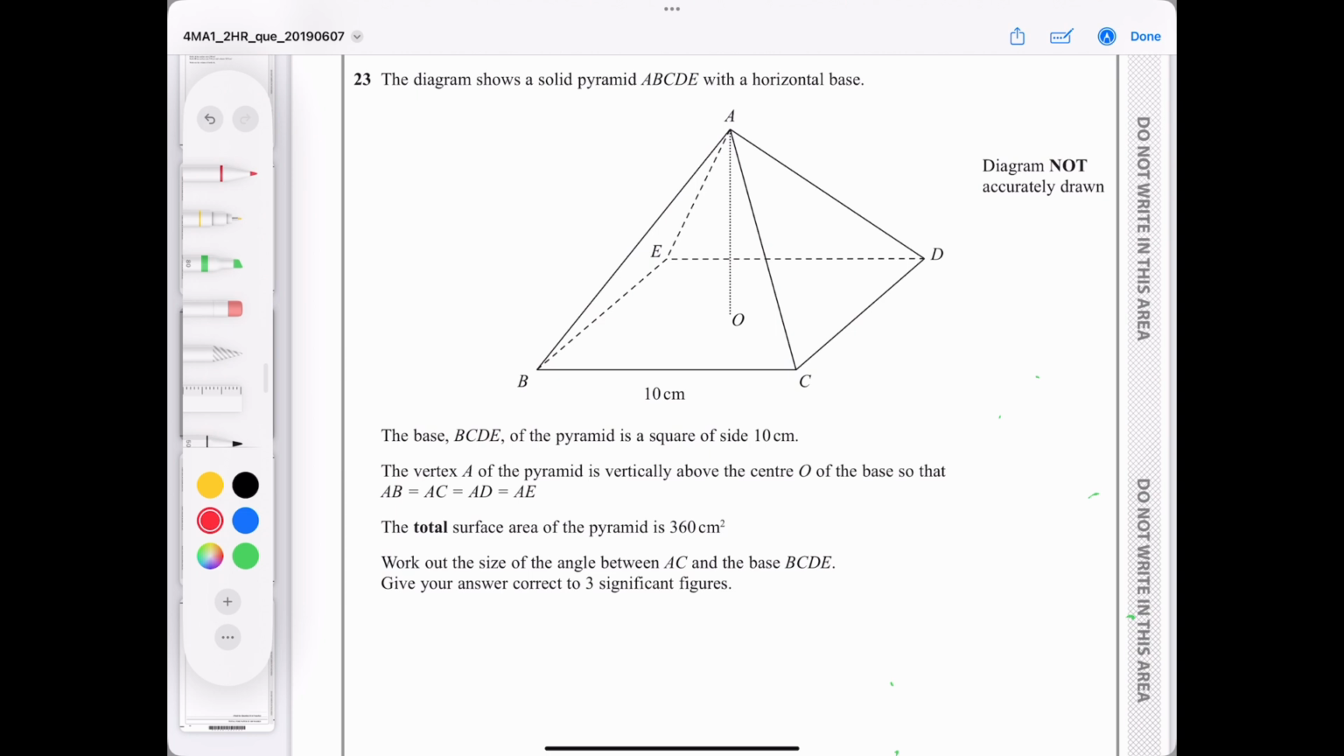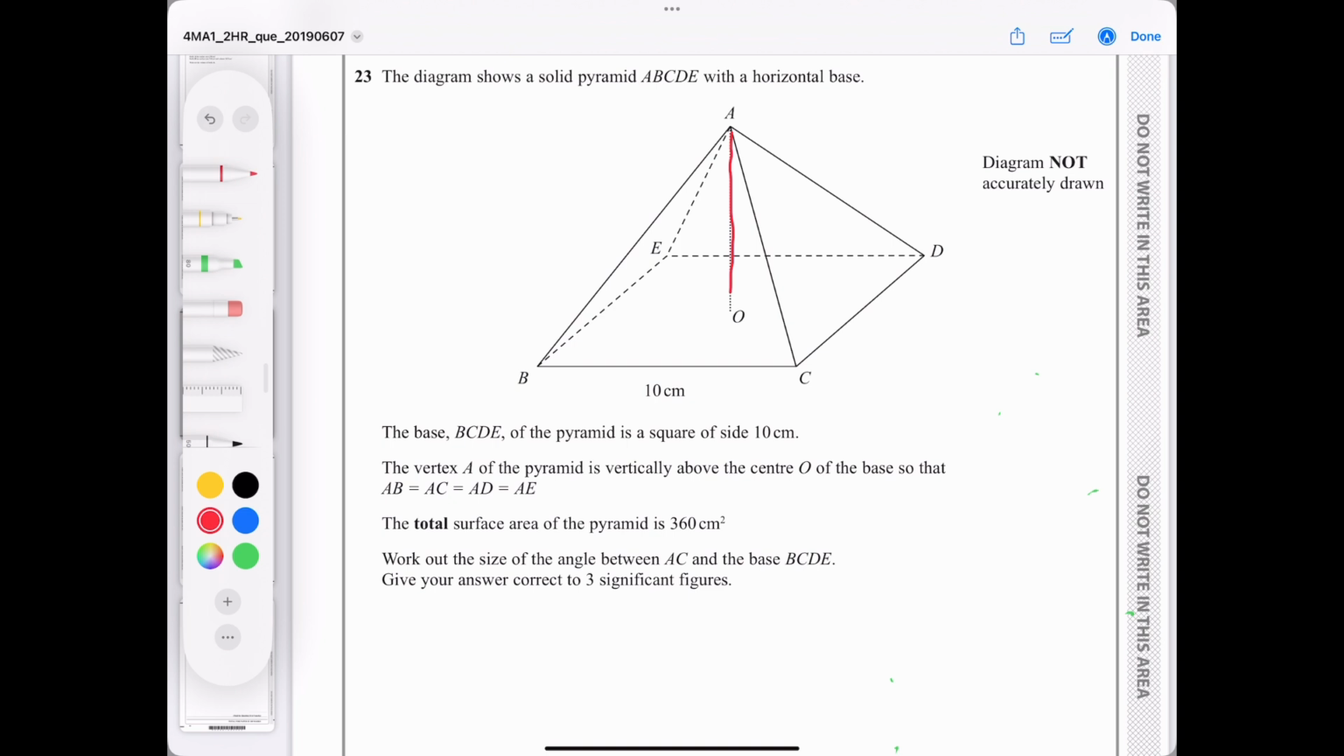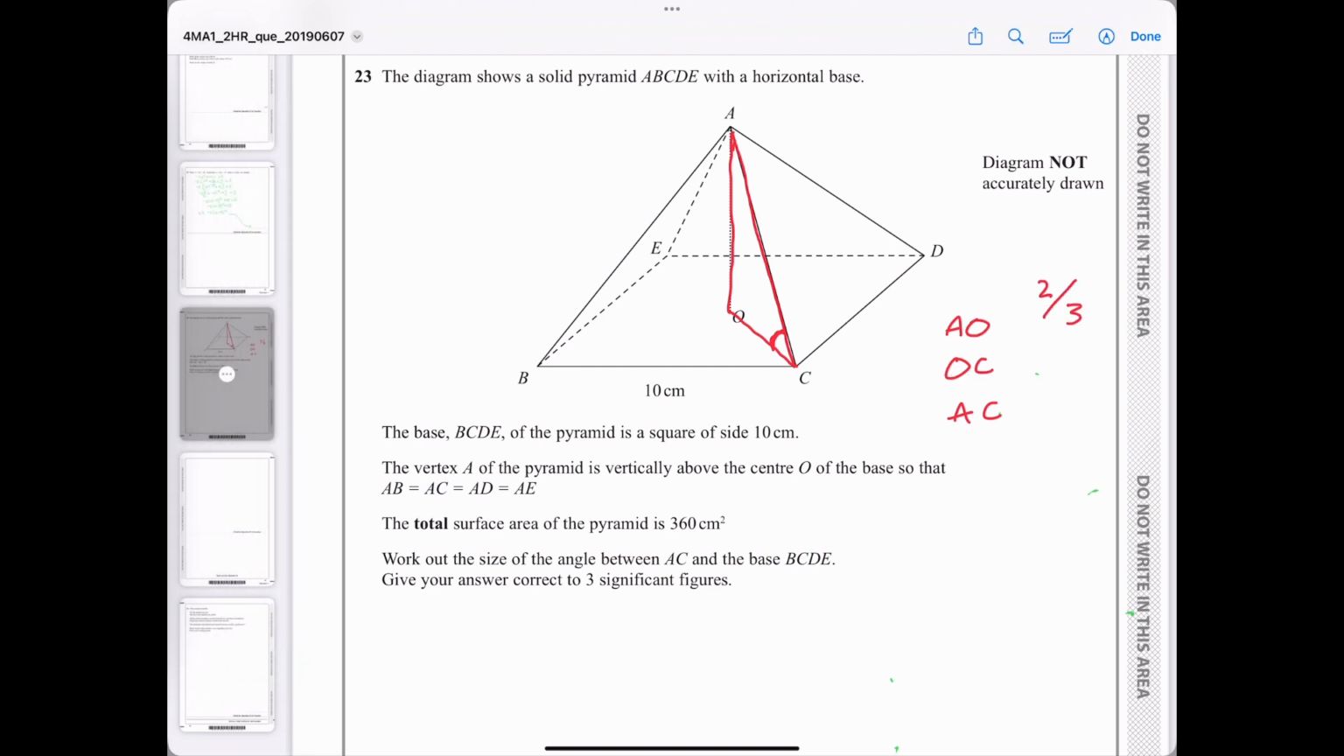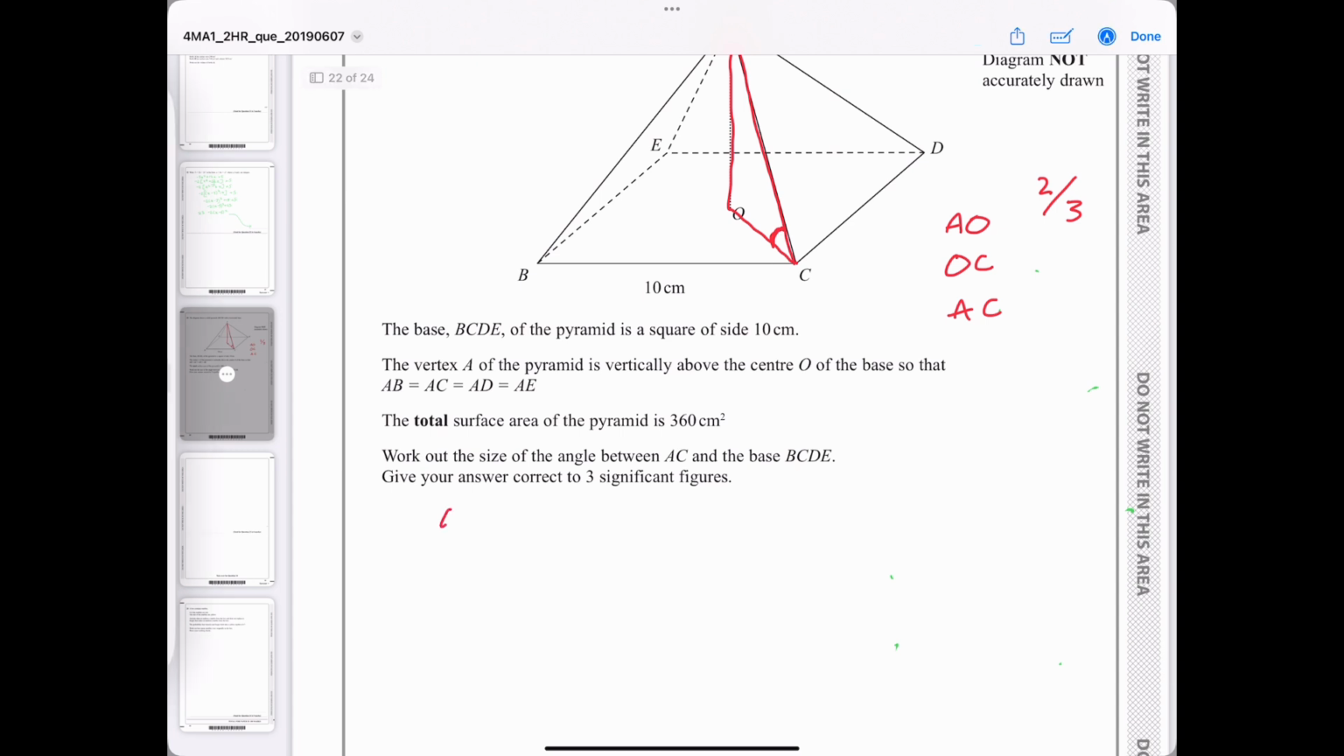So what they're essentially asking is, this is AO, that is OC, and that is AC, and they're asking what that angle is. So in order to do that, we have to find out the following things. We have to find out either what AO is, what OC is, or AC. I think we need to find out at least two out of three of those. But we're going to start off by thinking about the total surface area